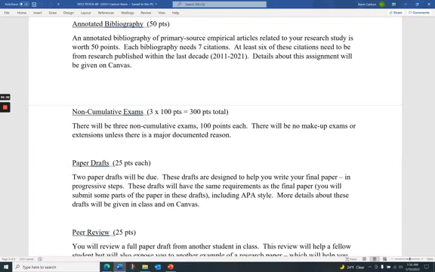Pre-COVID, if we were meeting in person, normally we would have small groups, and each group would do some sort of research study. You would think of a research question and some hypotheses. You would develop a research methodology, collect data, analyze those and then write up papers based on your research.